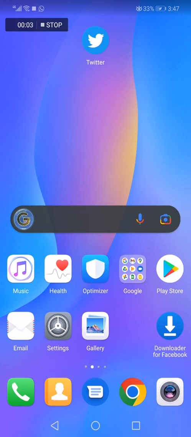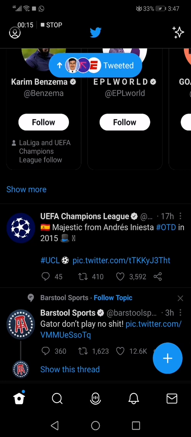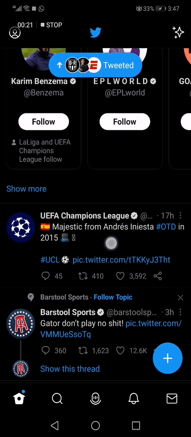How to share a tweet post on Twitter to WhatsApp directly. Hello guys, in today's video I'm going to show you how to share any post or tweet on Twitter to WhatsApp directly. So all what you have to do is go to Twitter and choose the tweet that you want to share. For example, I'm going to choose this one. Now all what you have to do is click here